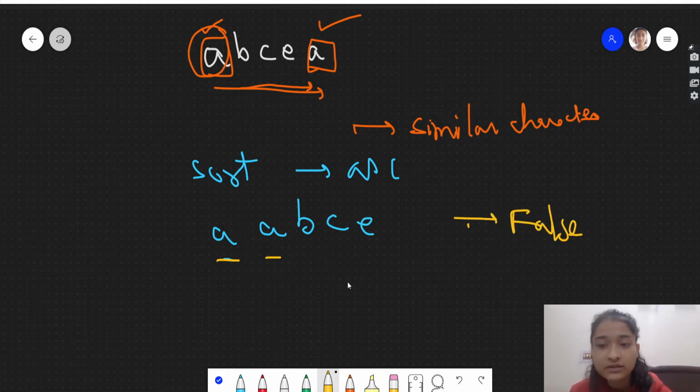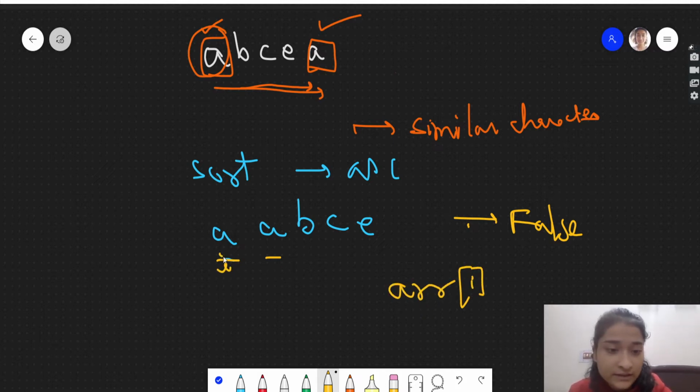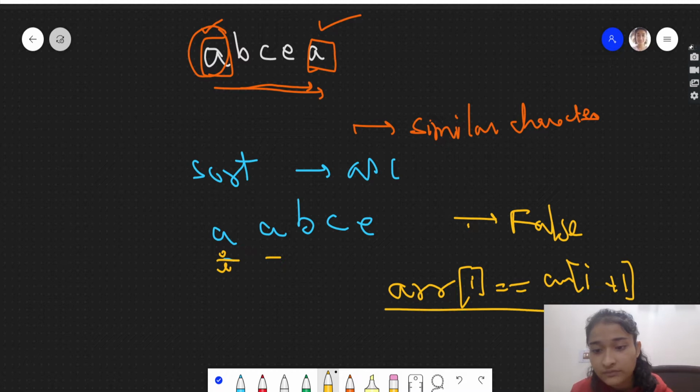Let's say this is index I. If arr of I is equal to arr of I plus 1, then there are two characters which are the same, hence the string does not have all unique characters, so you can return false if this is true, right?